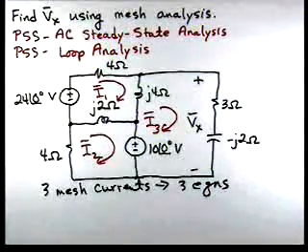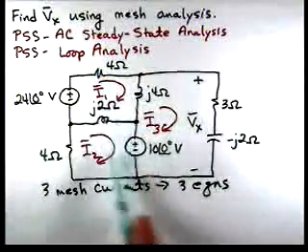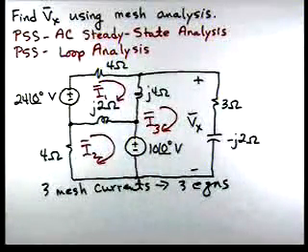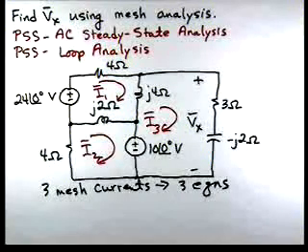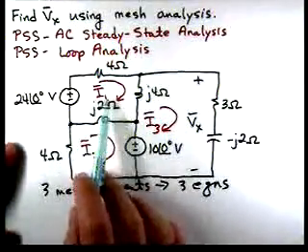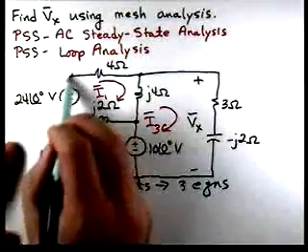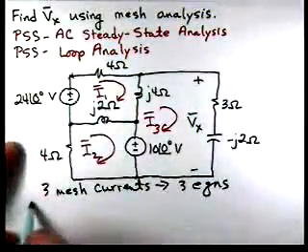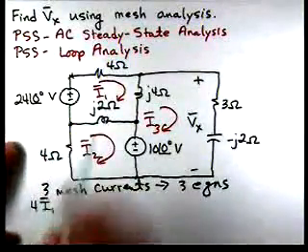So what we're going to do now is apply KVL to these three meshes. Now we don't have any current sources in here, so we don't have any constraint equations. So let's go ahead and start and apply KVL to this mesh. So if we start here and go around, we'll have 4I1 is a drop across this